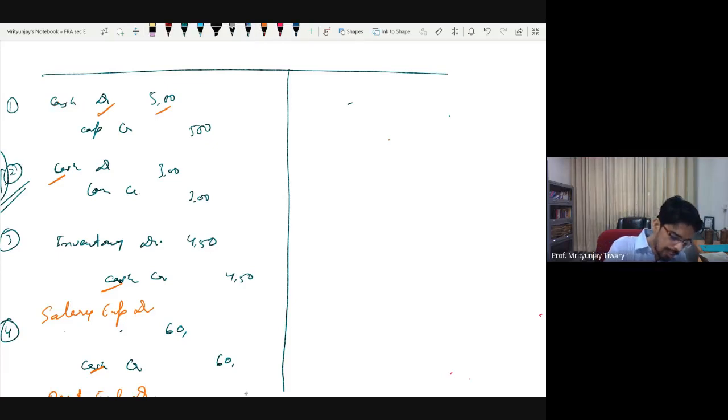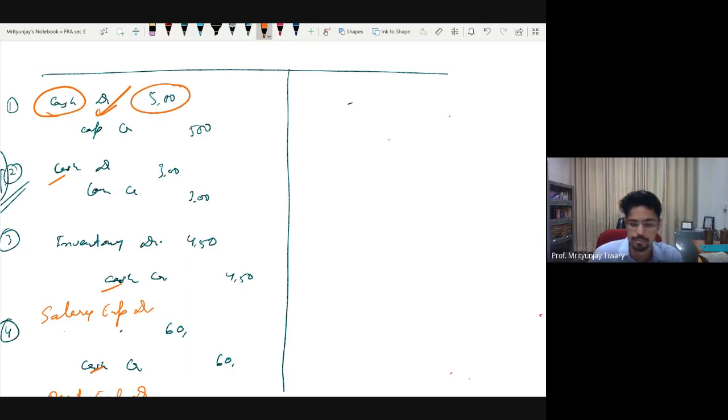So the first entry says cash account debit. So it says go to the cash T account, put in the debit side 5 lakh rupees, or sorry, 5 crore rupees. Right now I don't have any T account, forget about the cash T account. So I'll prepare the cash T account now. I will prepare a new T account called cash T account, and I will go to the debit side. Now, what is the debit side? Every time you prepare a T account, the left hand side is always called the debit side and the right hand side is called the credit side.